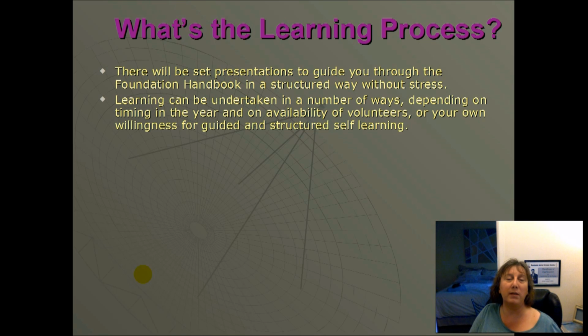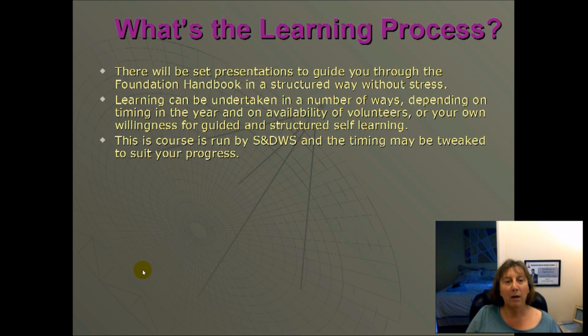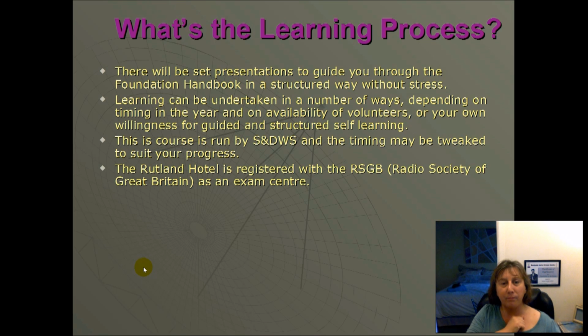And the learning can be undertaken in a number of ways depending on the timing in the year and the availability of volunteers, the availability of courses, or your own willingness for guided and structured self-learning through these videos. Now, this course is run by Sheffield and District Wireless Society, and the timing may be tweaked to suit your progress depending on your speed, your process, etc. And the Rutland Hotel where we are based, that is registered with the Radio Society of Great Britain as an